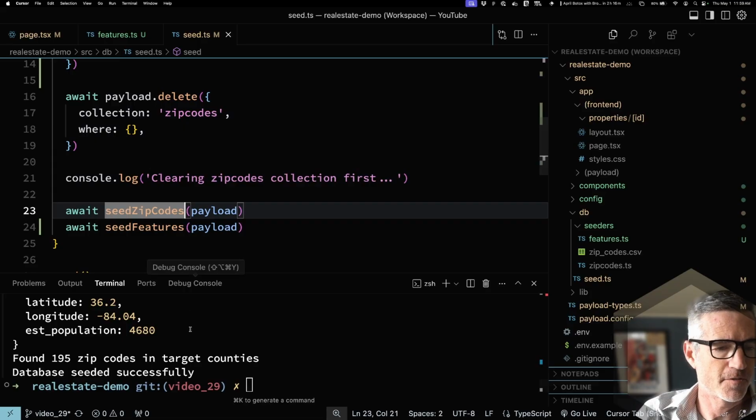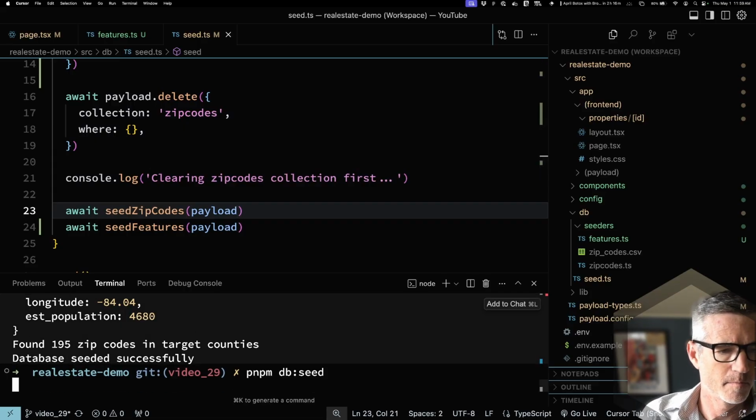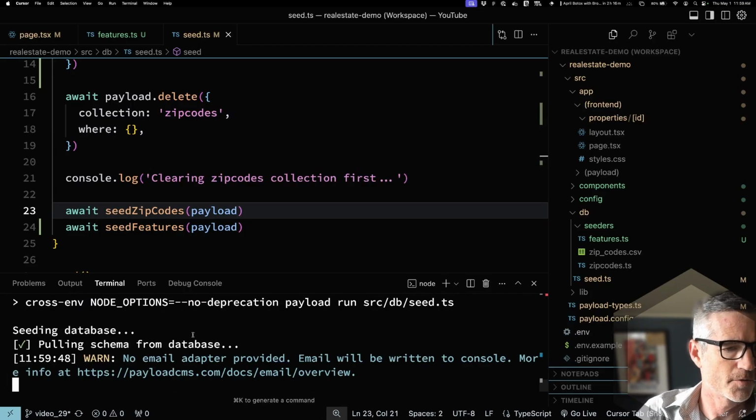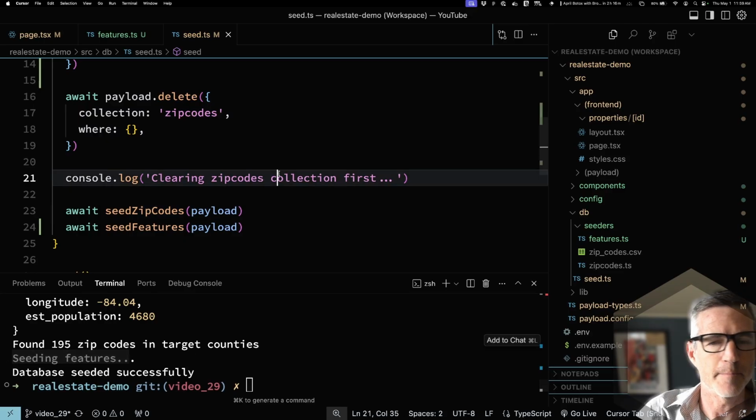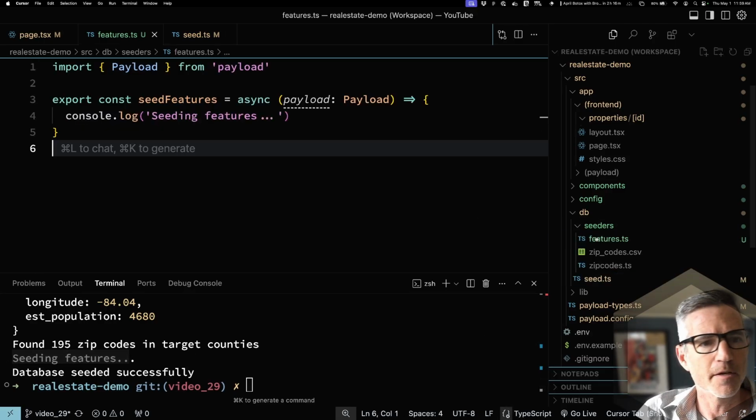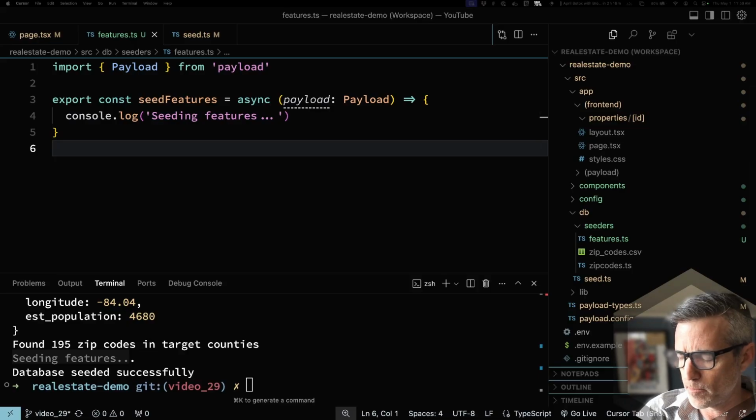And now it's just a console log right now. Just want to make sure it works. And seeding features. Okay, so let's head back over here, and I'm going to start creating some arrays that Claude,